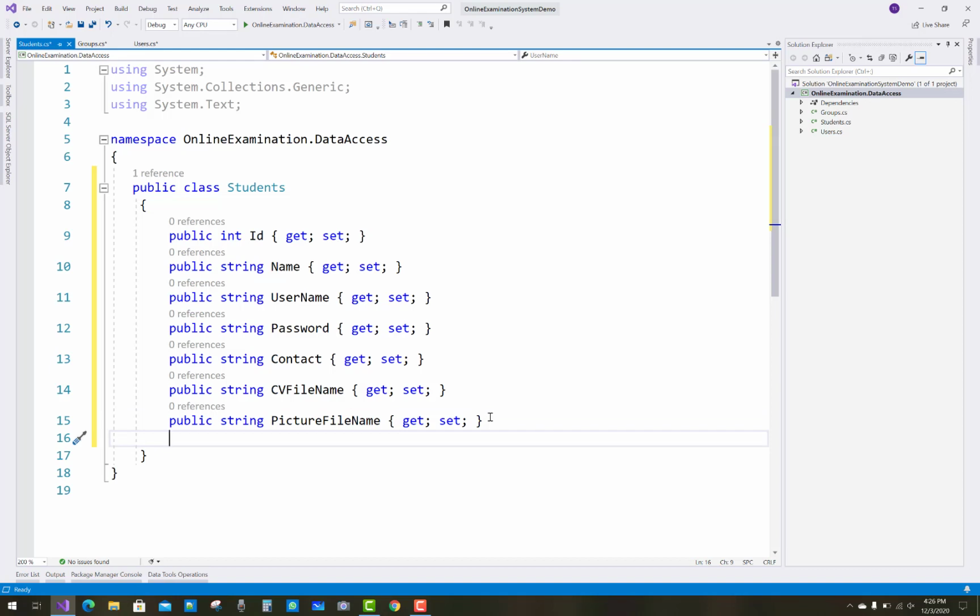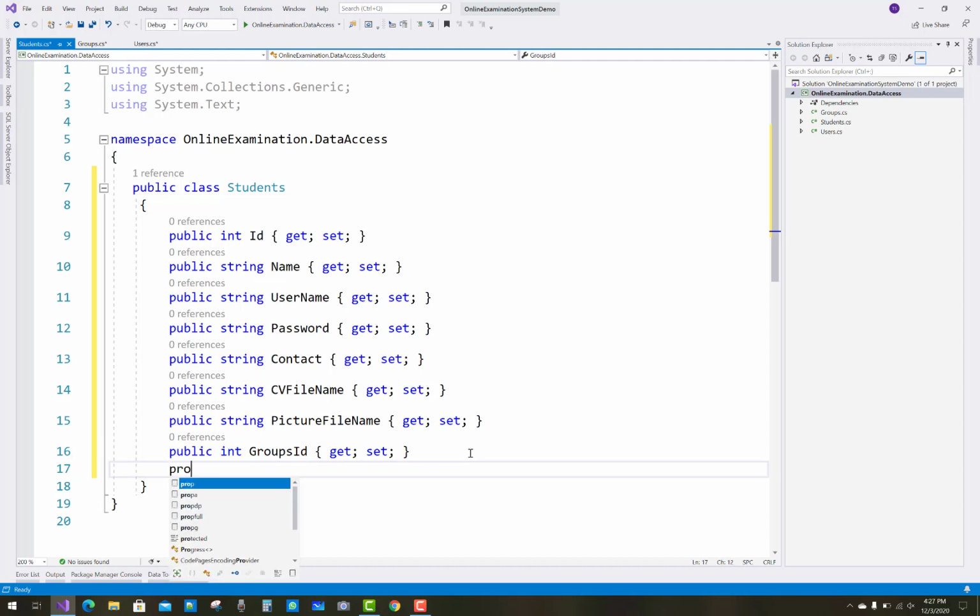Group ID, I mean to say the class. So prop integer GroupsId, groups.